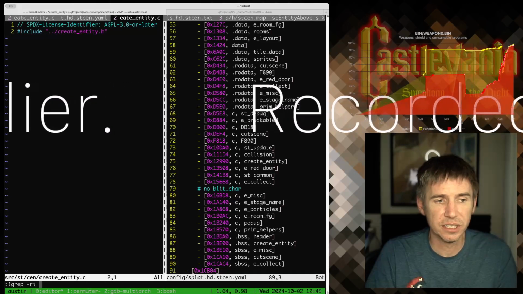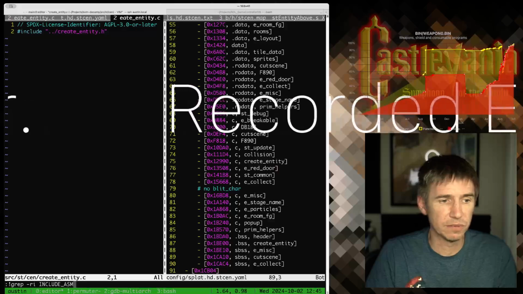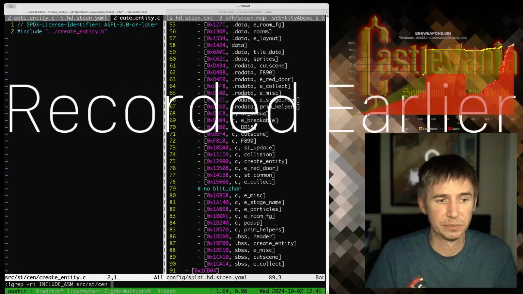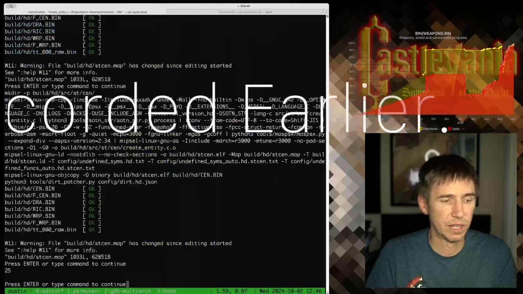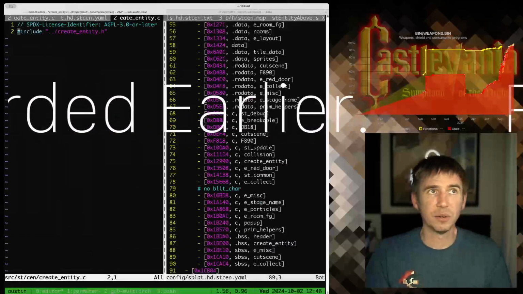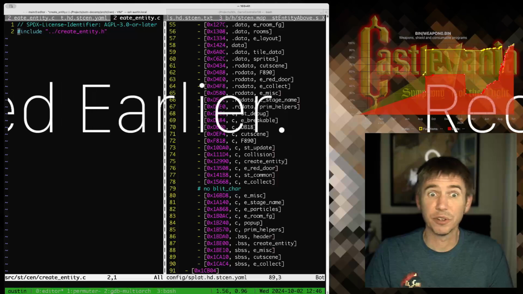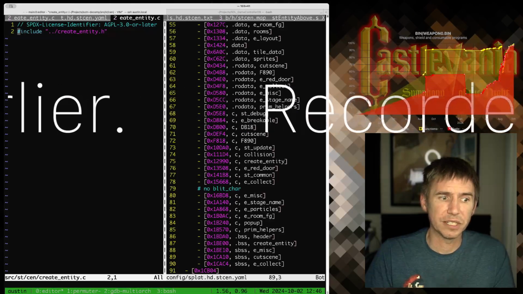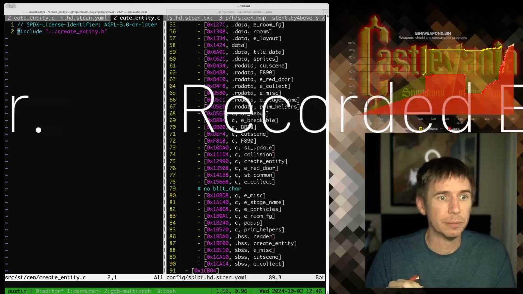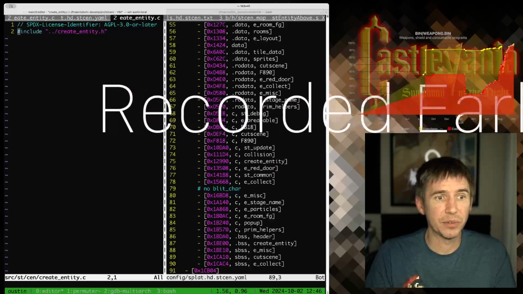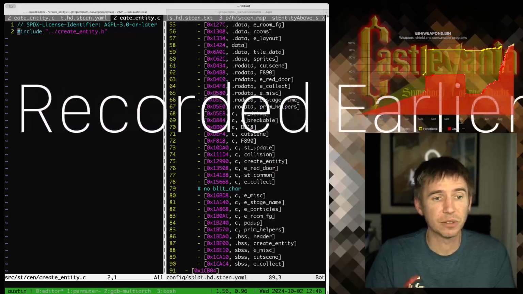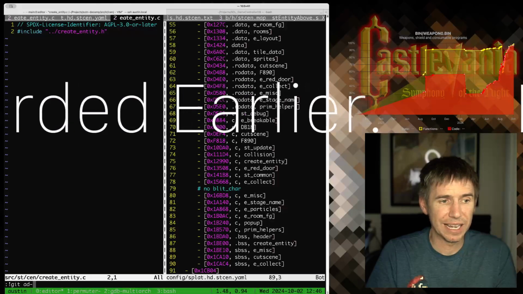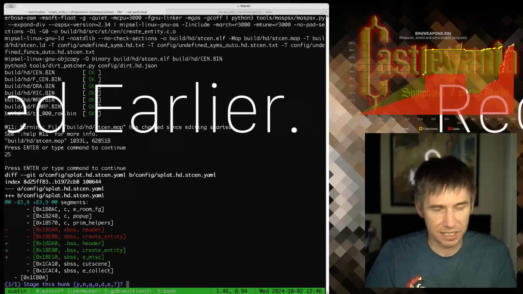I do want to see, we got rid of a couple of the include ASMs along the way. I want to see how many are left. 25. So there was, I think when I committed this, about 37. So pretty quickly by mapping addresses for symbols, we've been able to knock out 12 of them relatively quickly. So I'm going to add all this, and one of the nice things about